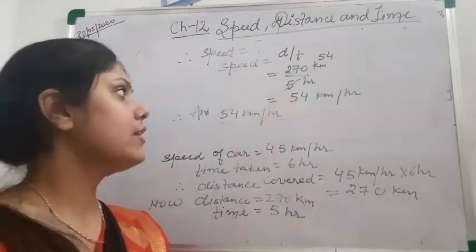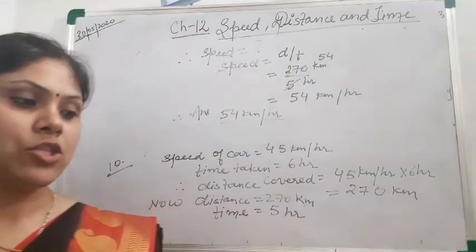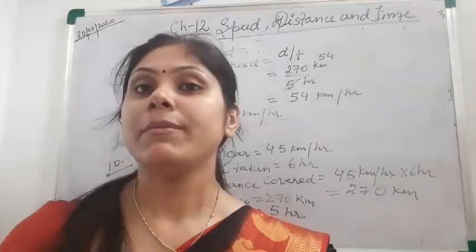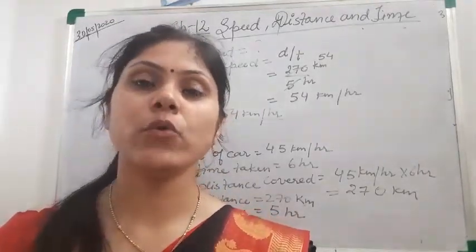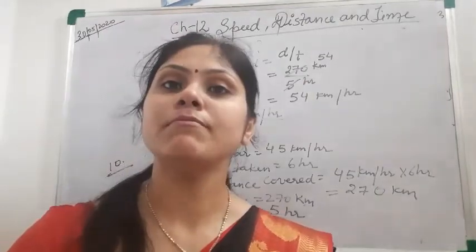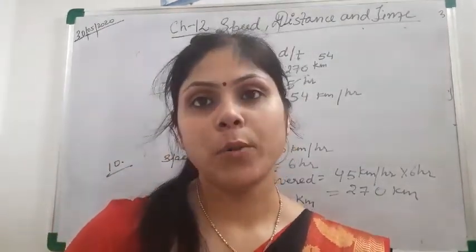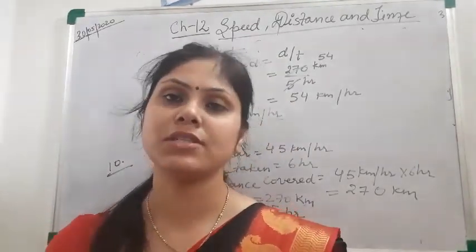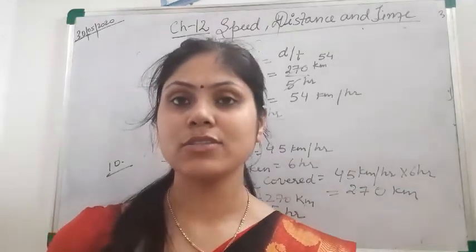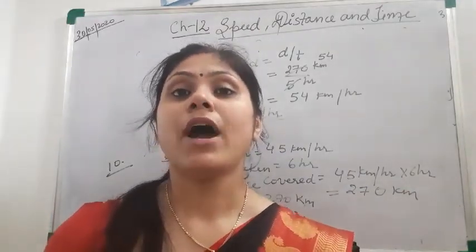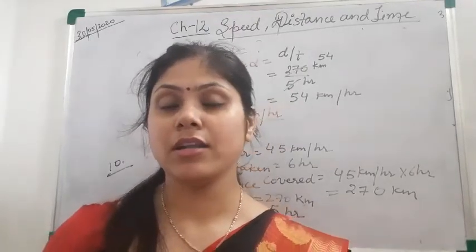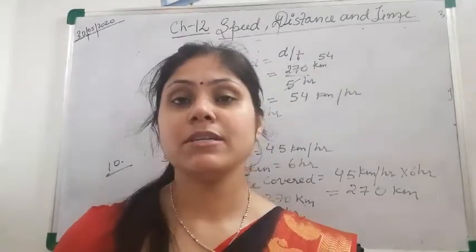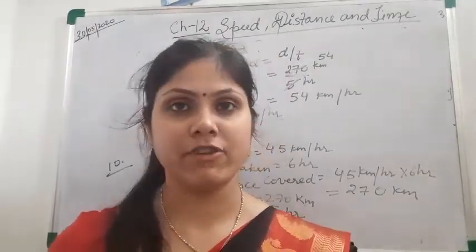So next step you will get the speed. Clear? So till 10th question we have done. Now this is more than enough for today. Remaining from 11th question I will explain in the next session. That will be on Monday. Okay. So I hope that you all have understood. This is a simple concept. One formula, speed is equals to distance upon time. And two more things you have to recall, that is when you have to convert kilometer per hour into meter per second, then 5 by 18 we have to multiply. And when we are converting meter per second into kilometer per hour, 18 upon 5 we have to multiply.